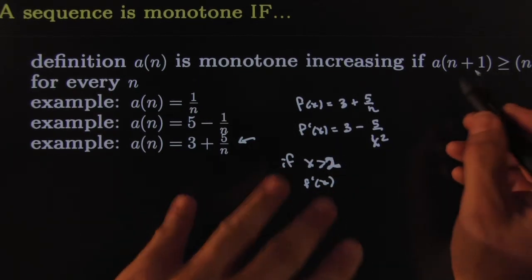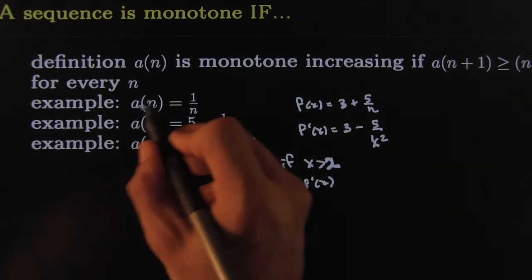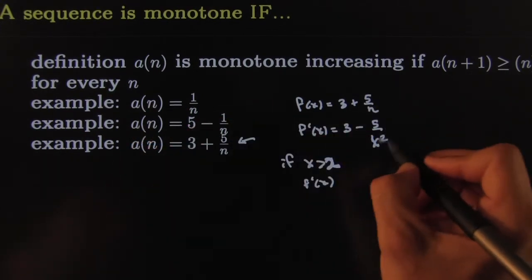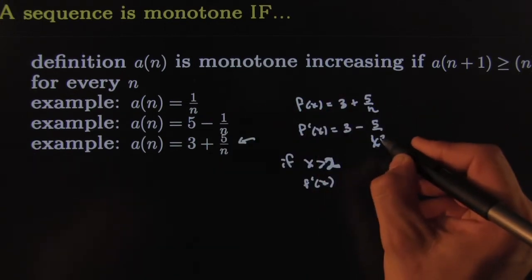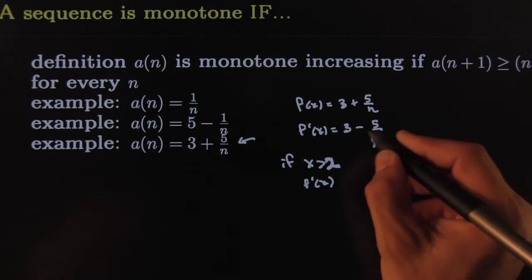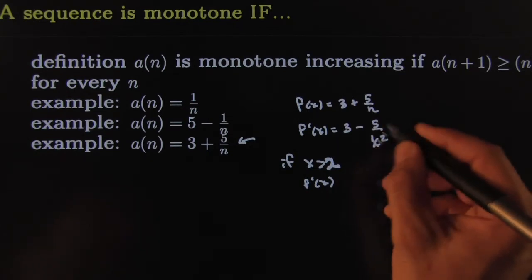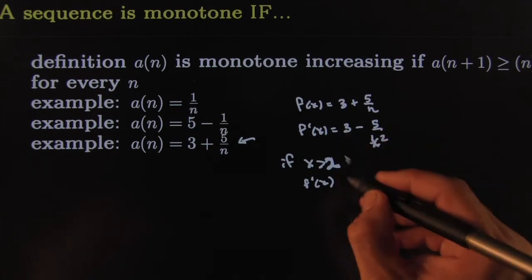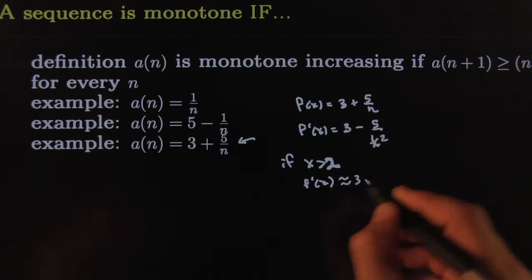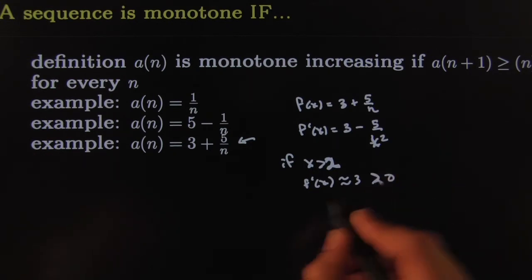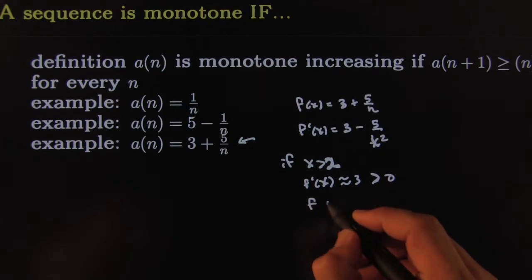And we only care about the tail anyways, because these n's are always going towards infinity, so you can assume that after one point or another they're really, really large. So if x is larger than 2, this becomes 5 over 4, it becomes almost close to 1, and then it gets even worse. This becomes negligible. This goes to 0. So f prime is really, really close to 3. In particular, it's greater than 0. Now what happens when a first derivative is greater than 0? That means f was increasing,